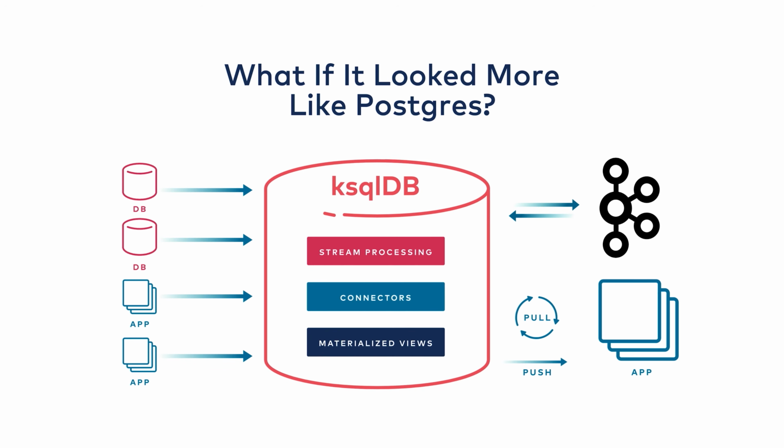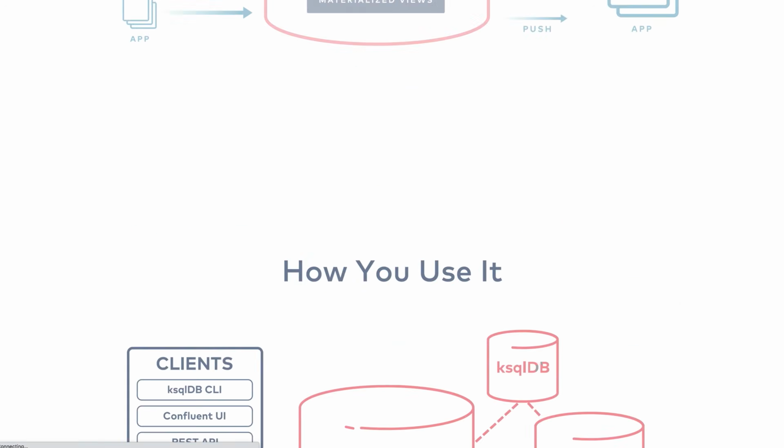And lastly, you have support for materialized views, which create data sets that can be queried directly by your application, just like a database table. Because ksqlDB relies on Kafka to maintain all durable state, you get a simple two-tier architecture: compute and storage. ksqlDB handles compute, and Kafka handles storage. Both can be elastically scaled independently from one another.